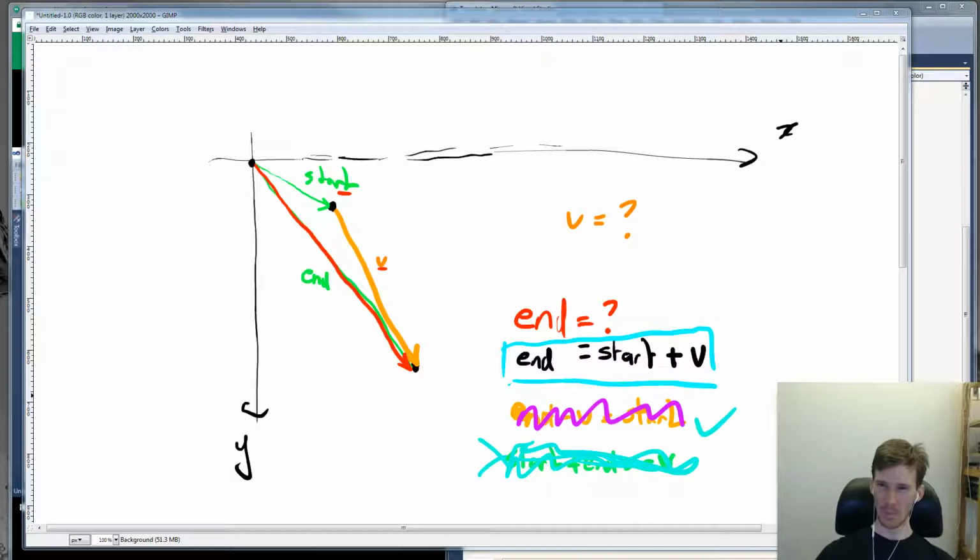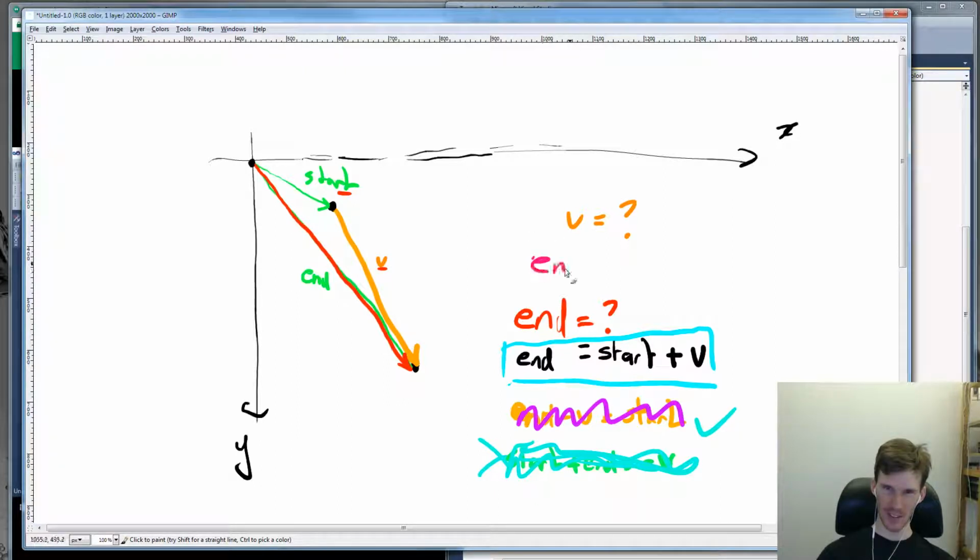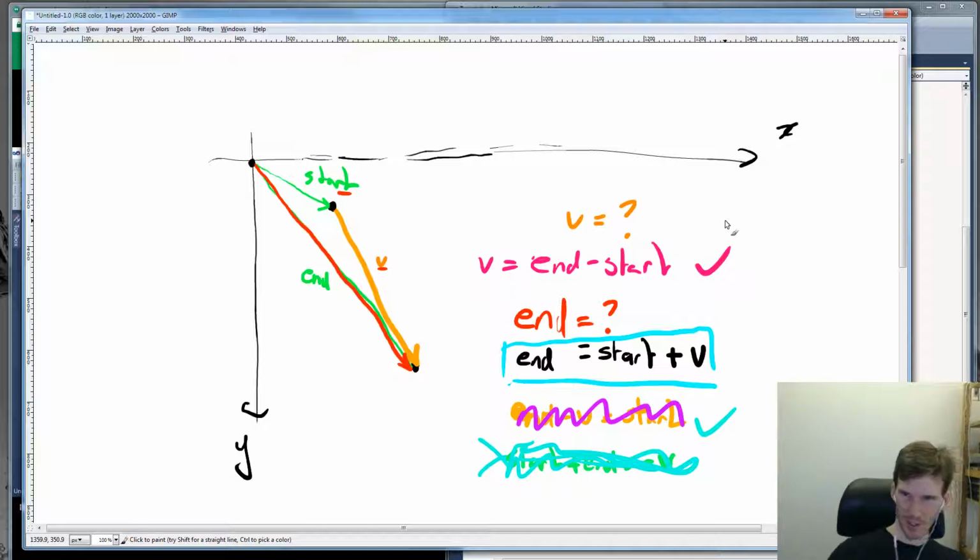Well, I mean, I'm trying to do the stupid math thing where I'm trying to isolate b, so when the end minus start is equal to b. So end minus start equals v, I think is what you said. Yeah. And that is correct. Yes. So okay, let's come back over to the